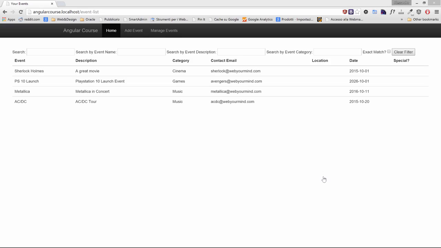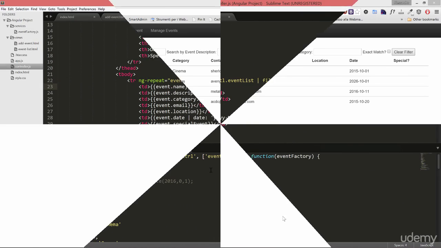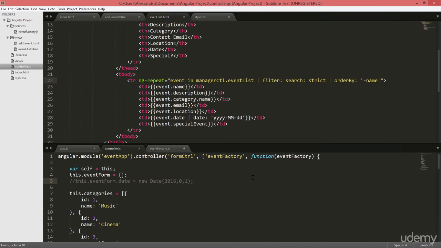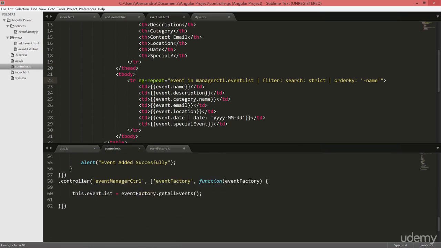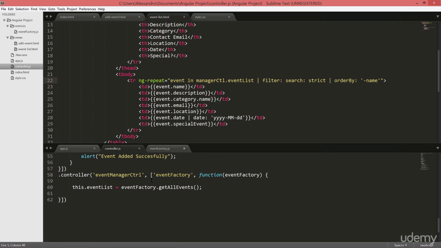We have seen how to use a filter inside our template. In this lesson, we'll look at how to inject a filter and make use of it inside one of our controllers. But what I'm going to show you is valid as well for services and directives. Our goal is to inject one of the Angular built-in filters inside our Event Manager controller,